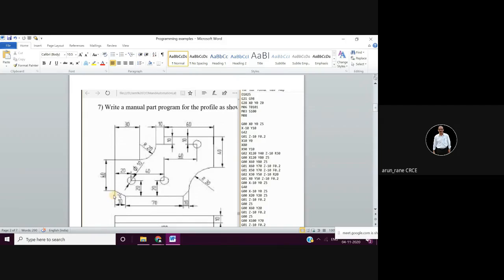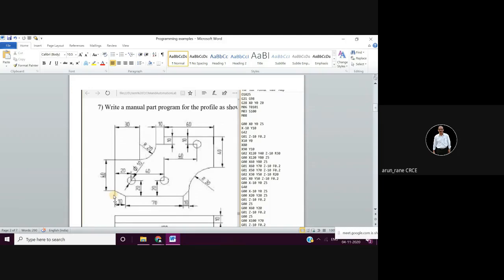If there is no chamfer, suppose it is a rectangle and you are using a 22 dia cutter, then the spindle center line to this edge will be 10, but the cutter radius is 11, so it is going to dash. So that care you have to take. Here comfortably you can use a diameter 18 cutter, or if you want to use a bigger diameter cutter, then you shift this entry point to X minus 15. X minus 15 means the maximum distance is 30, so you can use a slightly less, 28 dia cutter or 25 dia cutter.